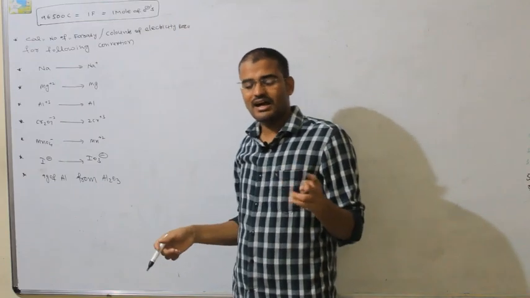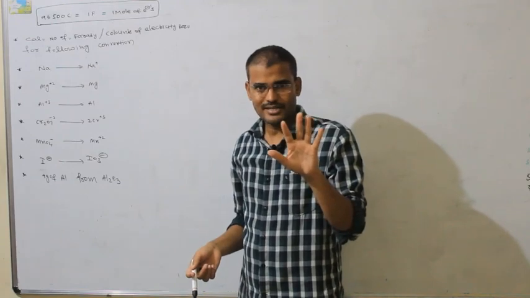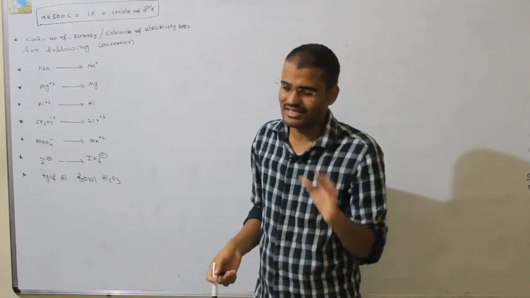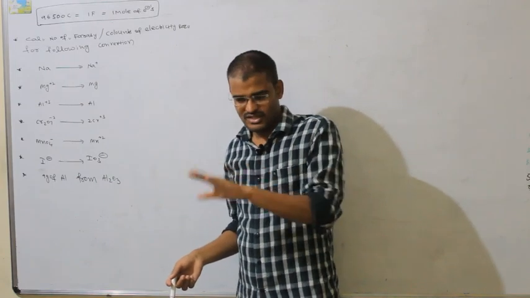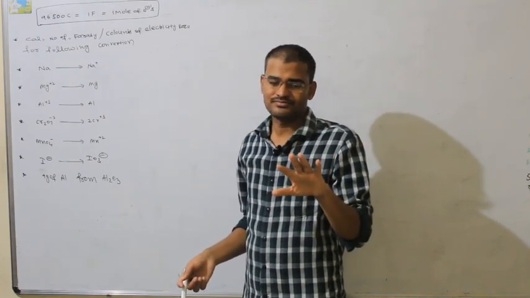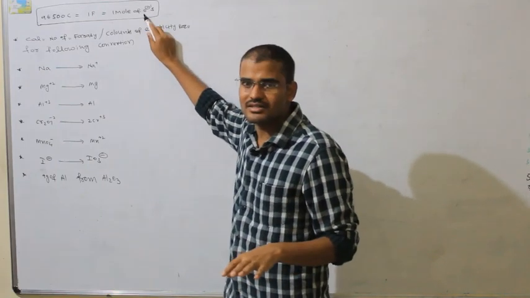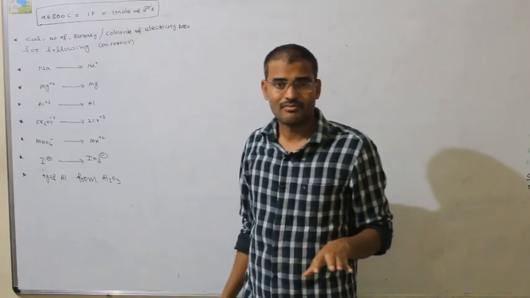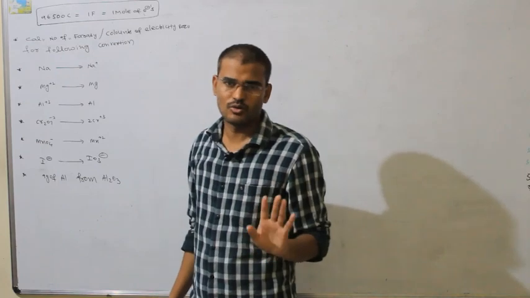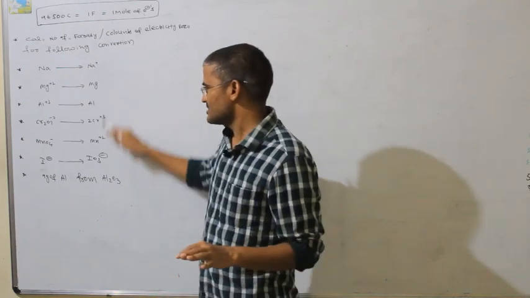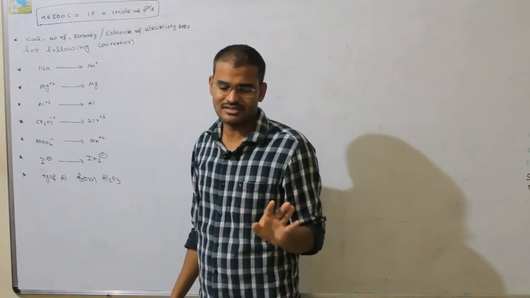If you observe a change in oxidation state of 5 units, it means 5 moles of electrons are involved. Whether they are gained or lost is a secondary point. How many moles of electrons are involved? 5 moles of electrons means 5 Faradays, which means the electricity becomes 5 into 96500 coulombs. So for such questions, we just have to find the difference in oxidation state.